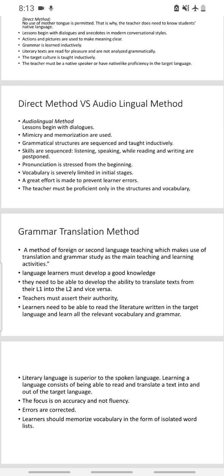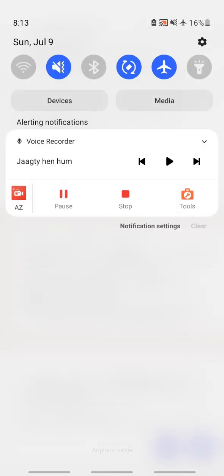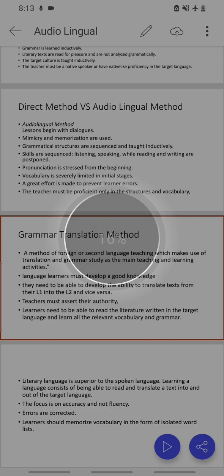For instance, if you recall your matric class, your FSc class, your teachers never taught you how to speak when there was an English lecture, and they would never have spoken the English language within the classroom. Instead, their focus used to be to teach you the translation, to tell you everything by translation. So this is called the grammar translation method.